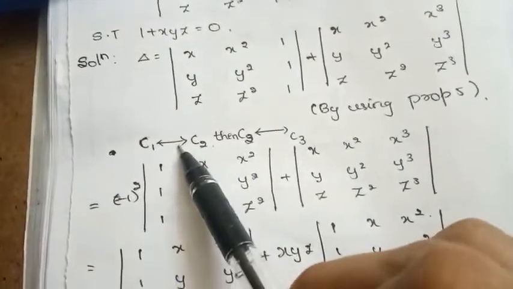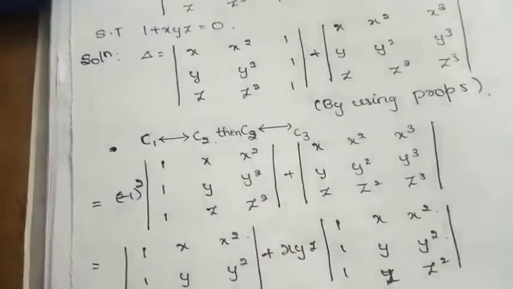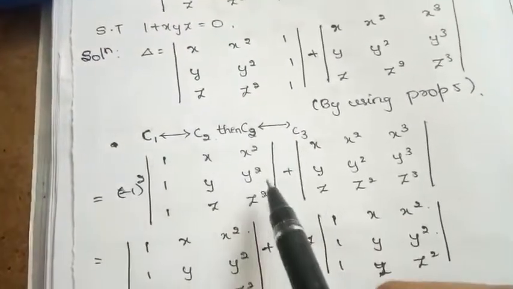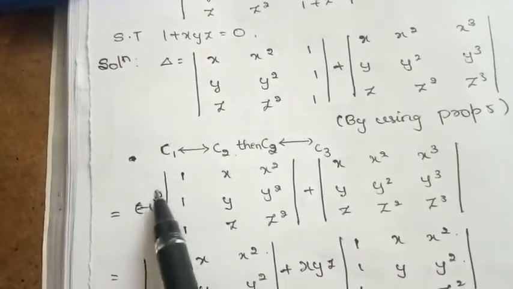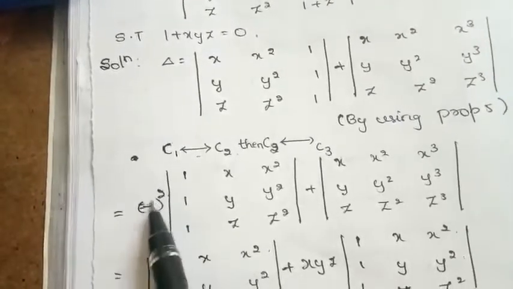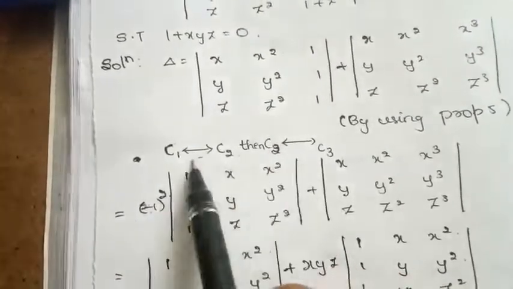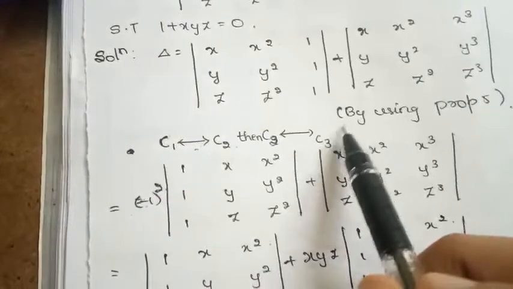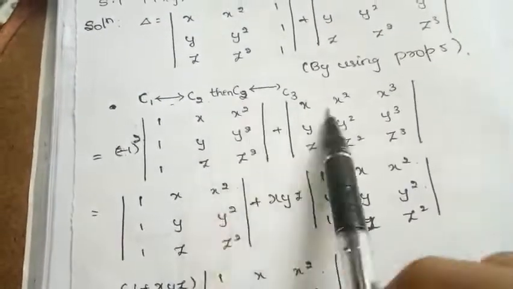So what I did here is I first interchanged C1 with C2 and C2 with C3. So I have shown you the whole procedure. I did it simultaneously here. At that time I get this determinant, and I used minus 1 to the power 2. Why did I use the square here? Because minus 1 is common, every time we interchange the sign gets changed, but here we used it two times, so I used 2. Suppose if I again use another interchange of any two rows or columns, I would use 3 here, like this. So minus 1 square is nothing but plus 1 itself.